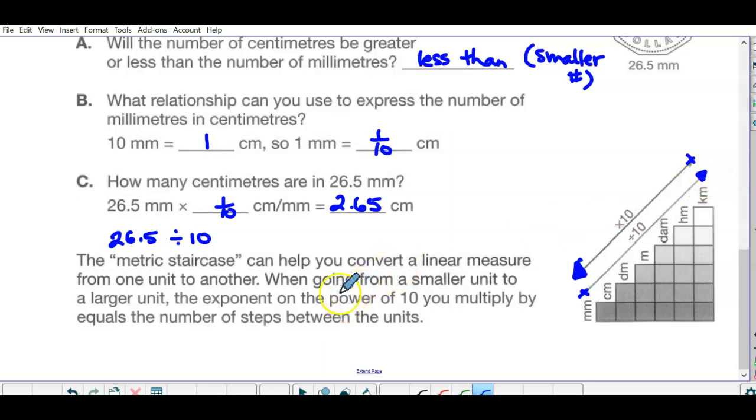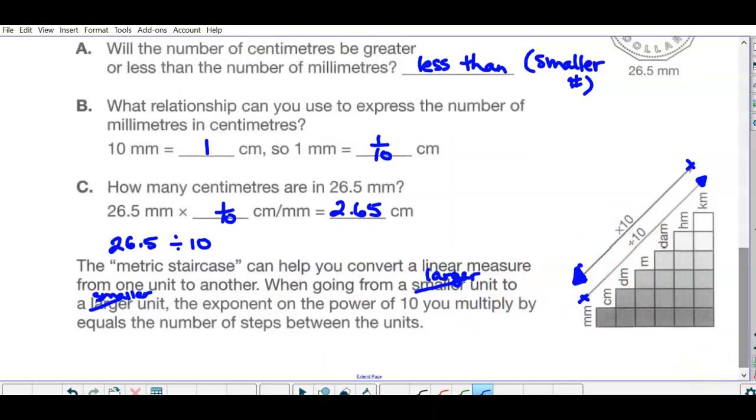In the description it says, when going from a smaller unit to a larger, say millimeters to kilometers, the exponent on the power of 10 you multiply by equals the number of steps. Really, this would be going from a larger unit to a smaller, because that's when you are multiplying. So you may not want to use that stair just because it kind of mixed it up in the